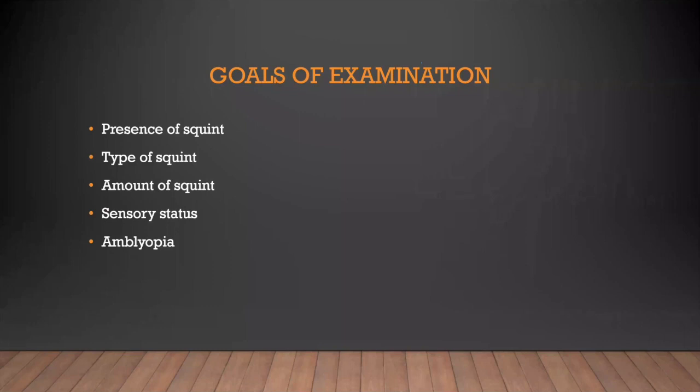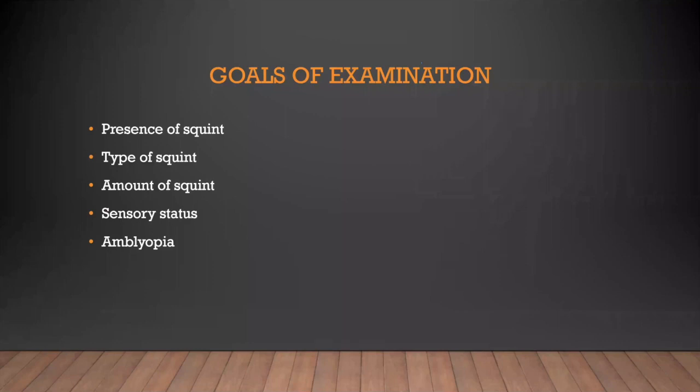Okay. Once we go through that, we've established that there is a squint, we've established the direction of the eyeball and how it is manifesting. Then we go to measuring the amount of the squint. So we measure whether it is a small squint, large squint, and we give it an absolute value using prisms, which is going to be your amount of squint.